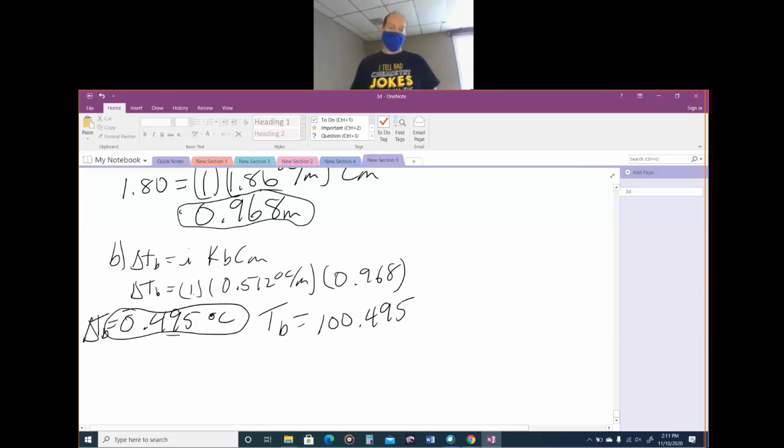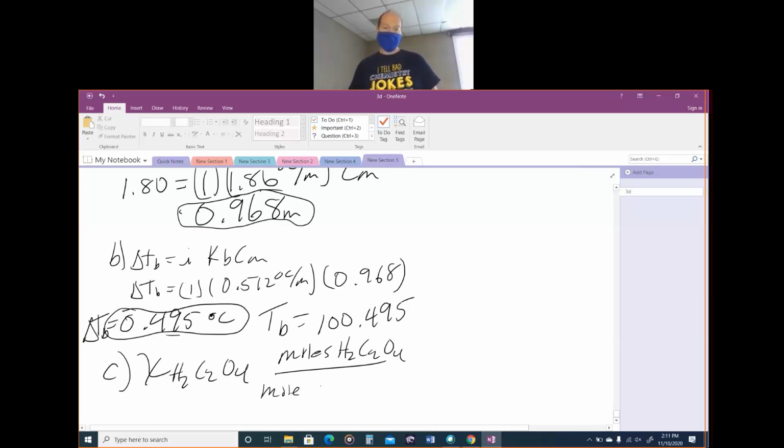Calculate the mole fraction of this weak acid is part C. All right, so again, we need to have moles of the weak acid divided by the moles of the weak acid and the moles of water. All right, and we have a 0.968 molal, 0.968 moles of the acid